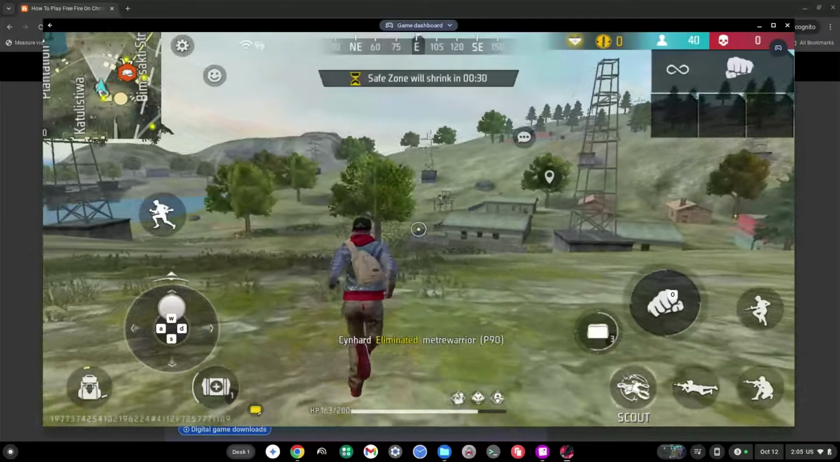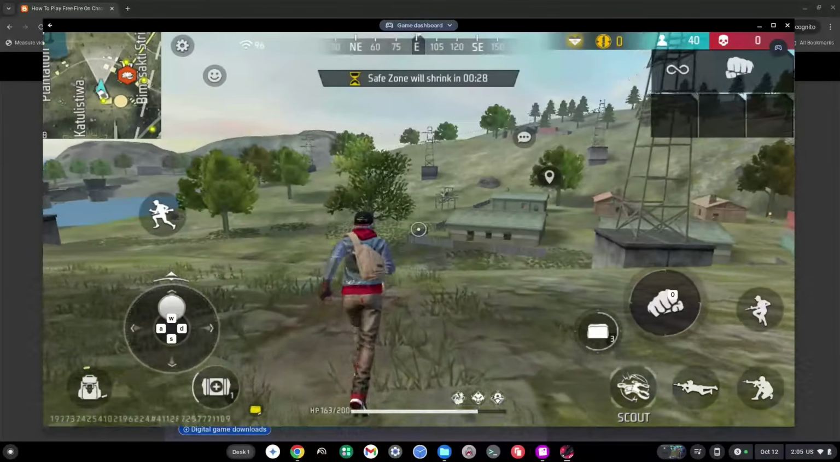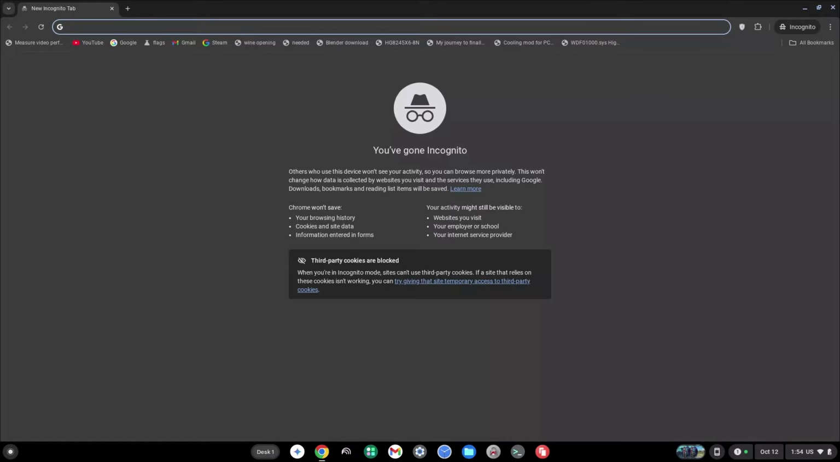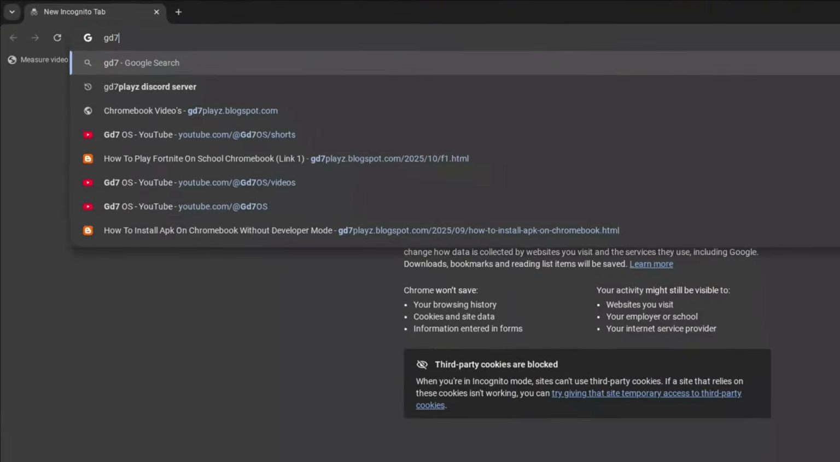And that is why in this video, I'm going to give you 5 different websites that will allow you to play this game on Chromebook and will allow you to use both the keyboard and the mouse. Now, I'm going to give you 5 different websites that allow you to play this with both your keyboard and mouse. And the first one is